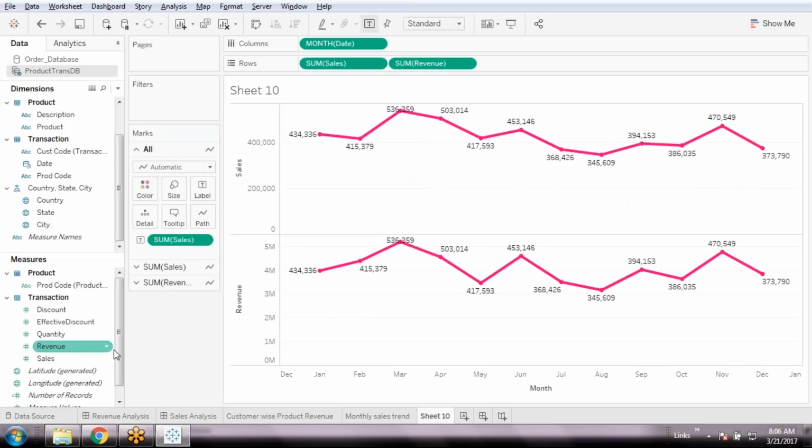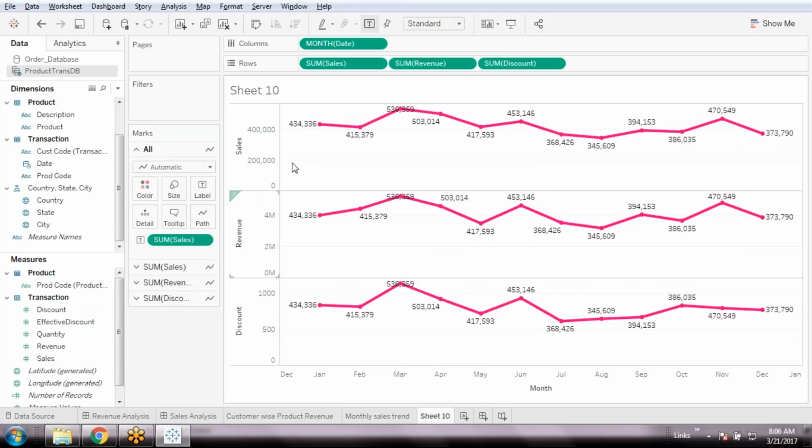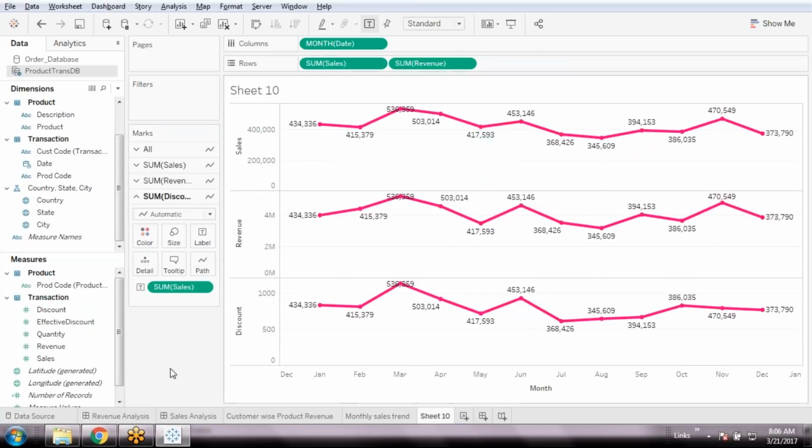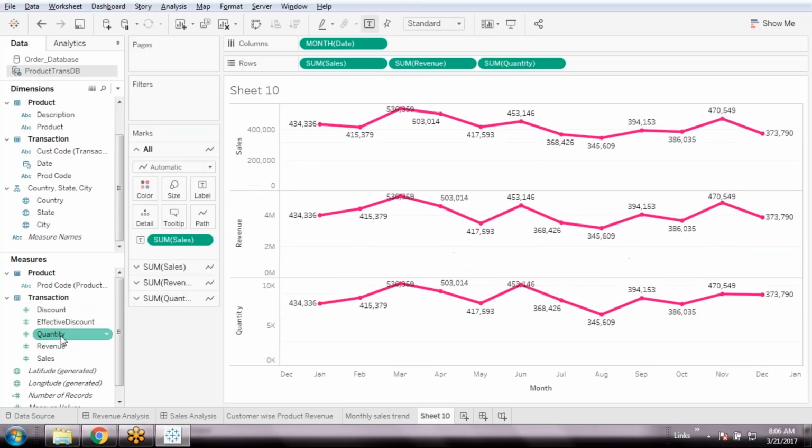Double click. Here in the revenue, I'll be having multiple comparisons: sales versus revenue versus discount, sales versus stock. Okay. One thing I'm able to notice here, the problem which I'm showing here is